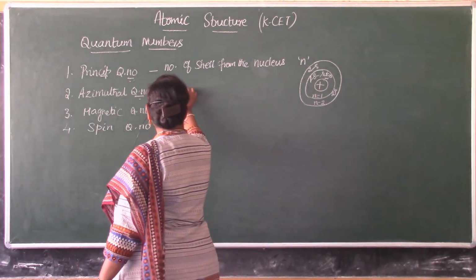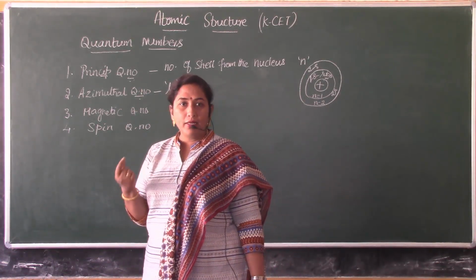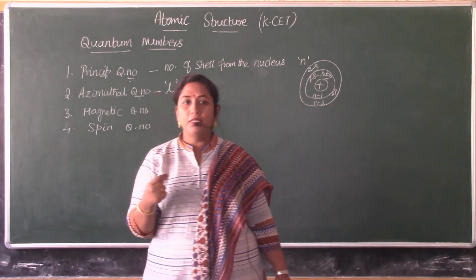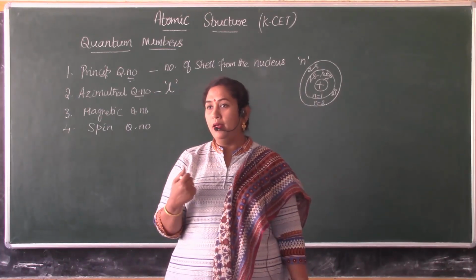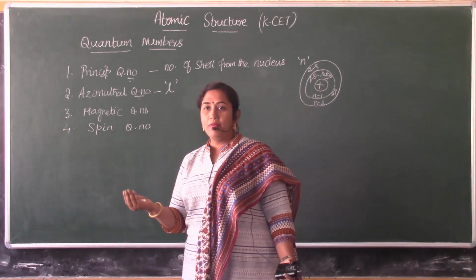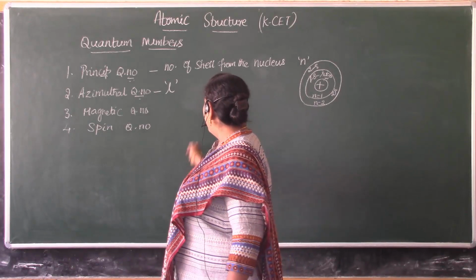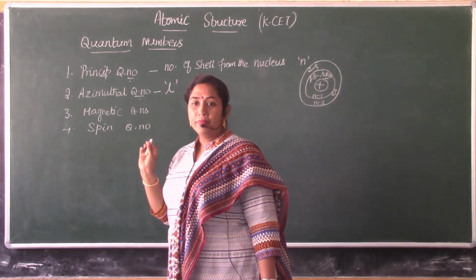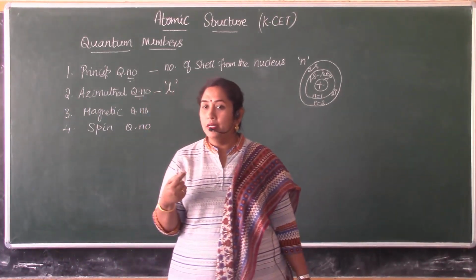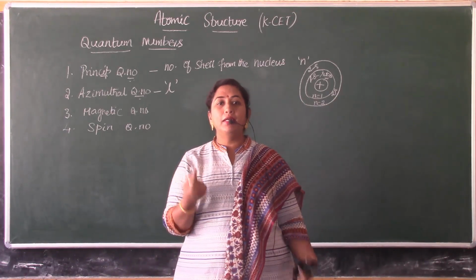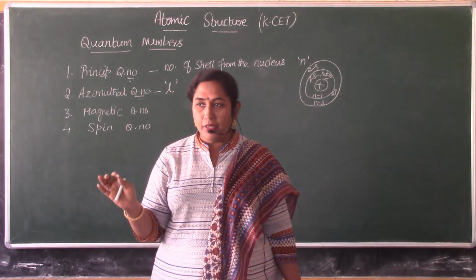Next, there are specific values for L. Once you come to know which subshell, then automatically it is also going to give us one more piece of information, and that is the shape of the orbital, because every subshell has a certain set of orbitals which have a specific shape. So S subshell means spherical shape, P means dumbbell shape, D means double dumbbell shape, and F means complex geometrical shape. It's not having one particular geometry. It has different geometrical shapes, so we just call it complex geometrical in shape.